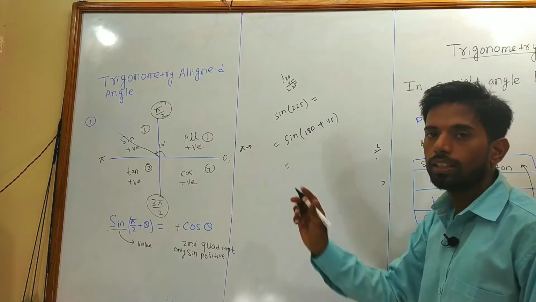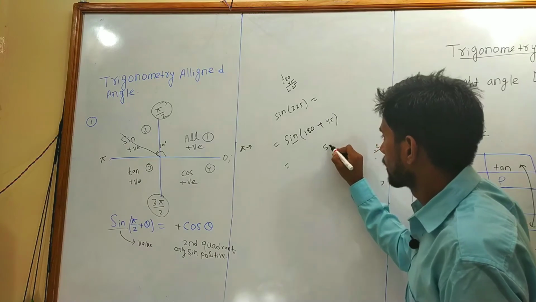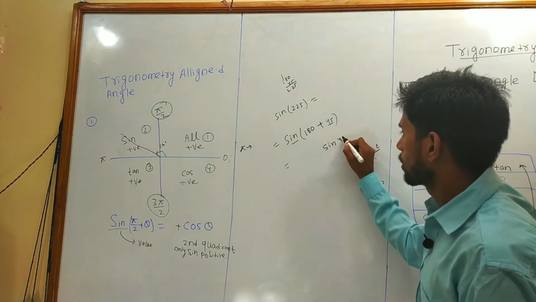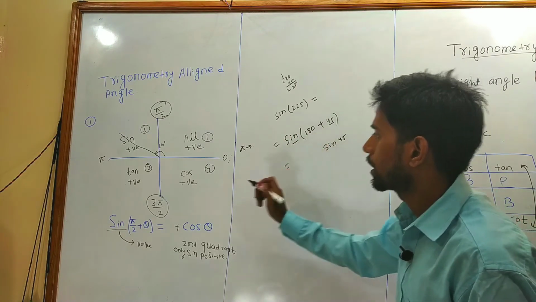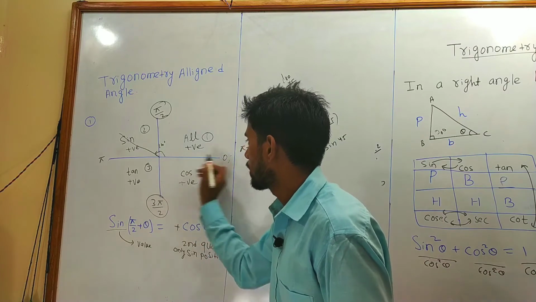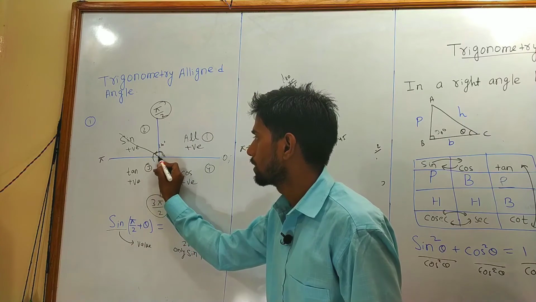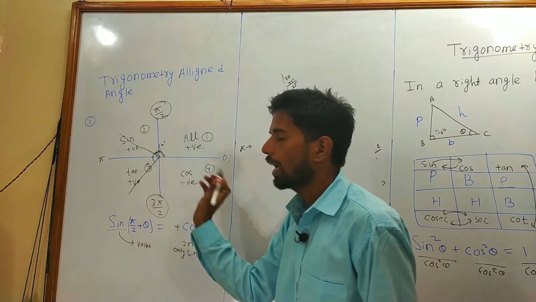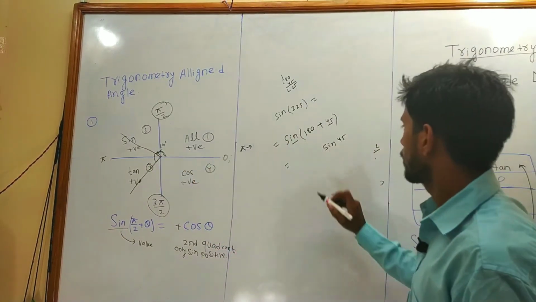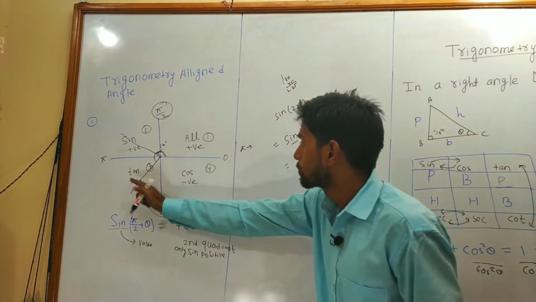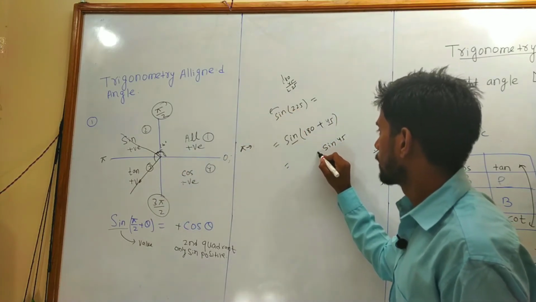I told you that in 180 degree the value will not change, means sine will remain sine theta, that is 45. Now positive or negative depends on which quadrant it lies. 225 lies, this is 0 degree, this is 180 degree, up to this 180 degree, 225 lies here only, because we are measuring the angle in anti-clockwise. So here it lies. Here only tan is positive, but in the question it is asked about sine, that's why it becomes negative.